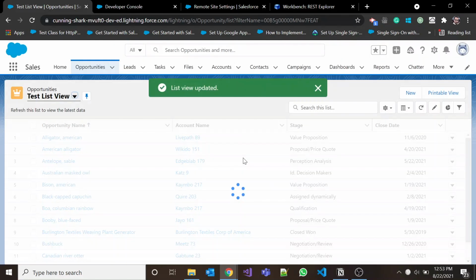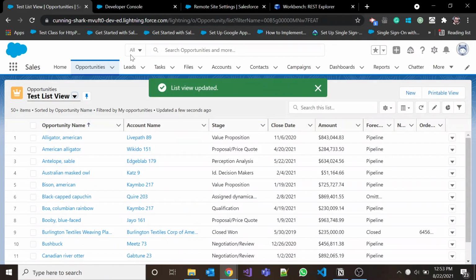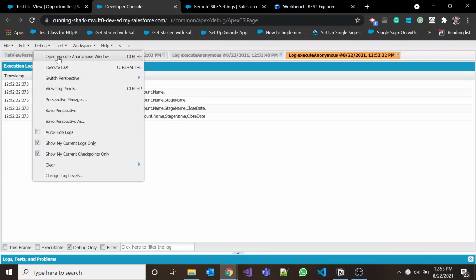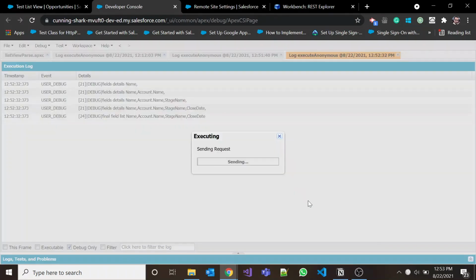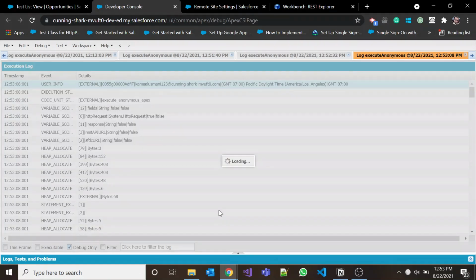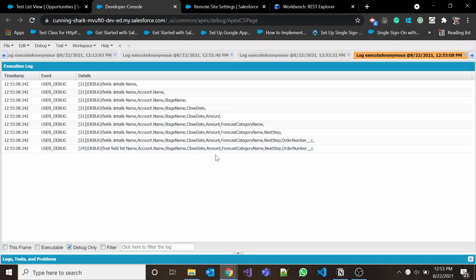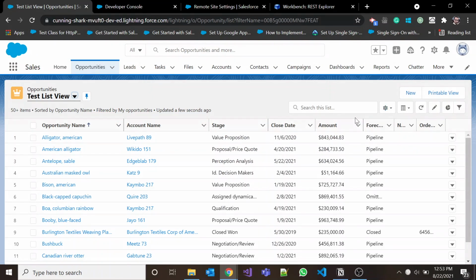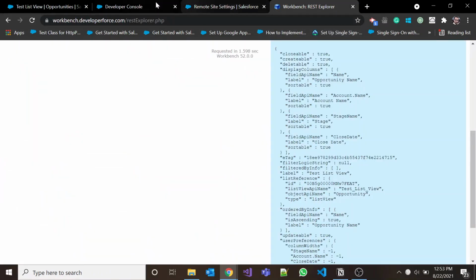This is updated, so let me run it again. We can see that after close date we have added amount, forecast category, next step, and order number. So when you change the field list here, we can fetch the updated one in our Apex code.